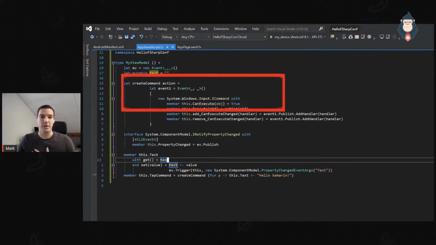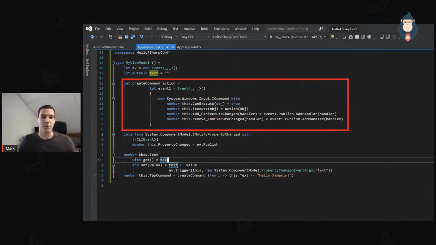Now, what we see down here is actually how the command is implemented. We don't use any helper MVVM frameworks here. So this is actually the implementation of the iCommand interface, straightforward. And what I really like about this is you can see how you can inline implement this interface. I didn't have to open up a different class and implement iCommand and then make my own command version and then inherit from that, but I could actually just do it right here.